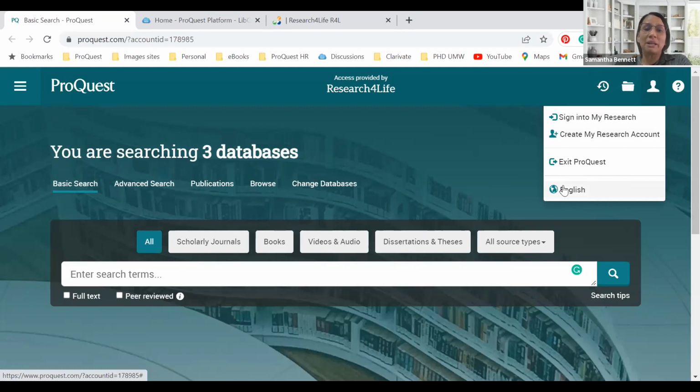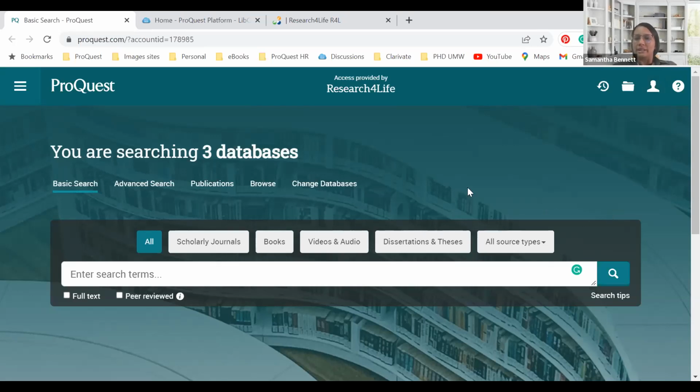So if I want to change the platform to Arabic or to Portuguese or to Mandarin or to French, you can simply click on the globe and change the language to whatever language you would like. Right, we'll get back to the human silhouette in a bit.